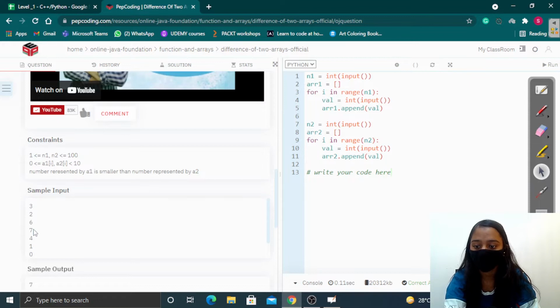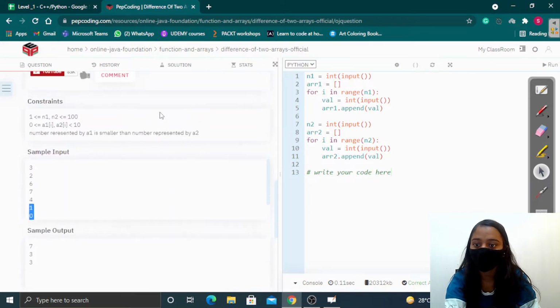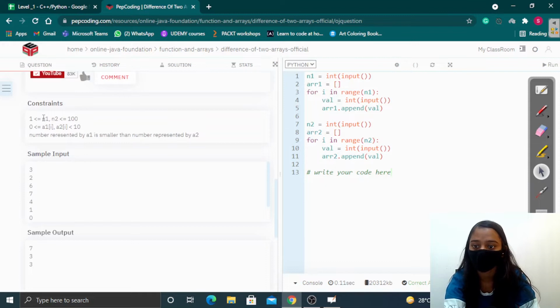So our first number is 267. Similarly, the size of the second array is 4 and the array elements are 1000, so the second number is 1000. What we have to do here is perform the subtraction 1000 minus 267 and print the result here.